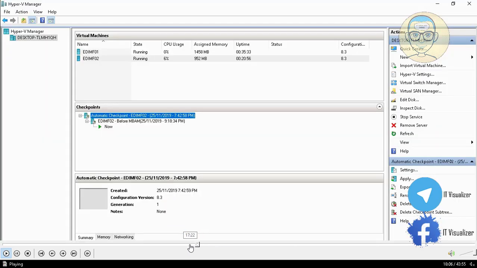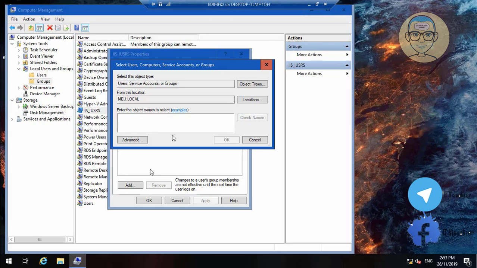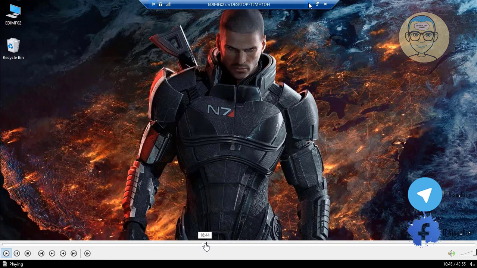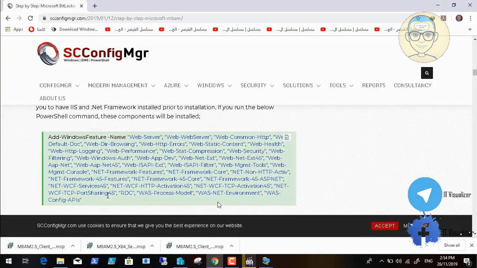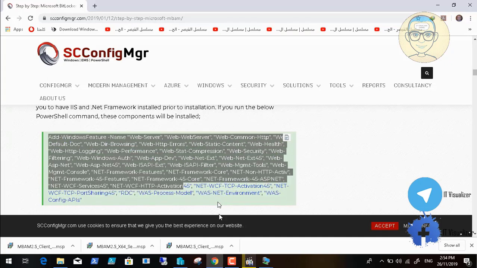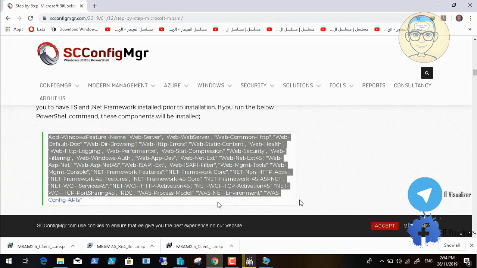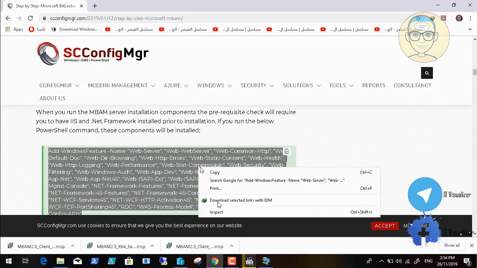Okay, so here we will go, and from here we have added it already. Okay, we add the two users, and then this is the installing the IIS web or the web server on the MBAM, but this is not the process, or this is before giving the users